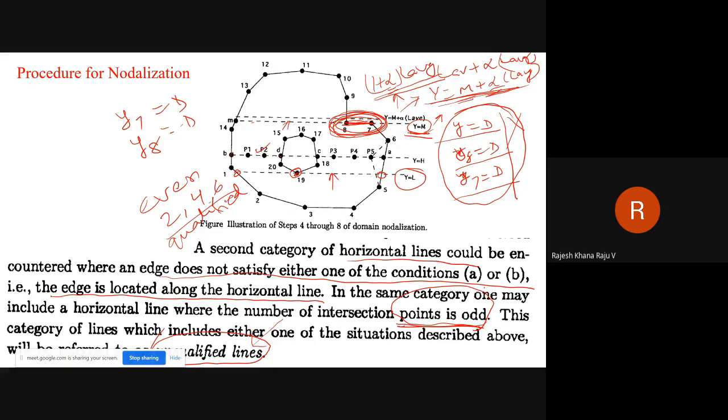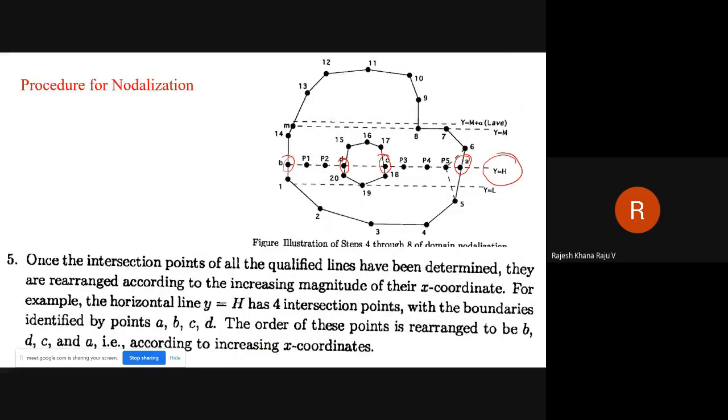Now once we overcome that situation, the next task is we have to see the points of intersection and arrange those points in such a manner that they follow the increment of their x coordinate.